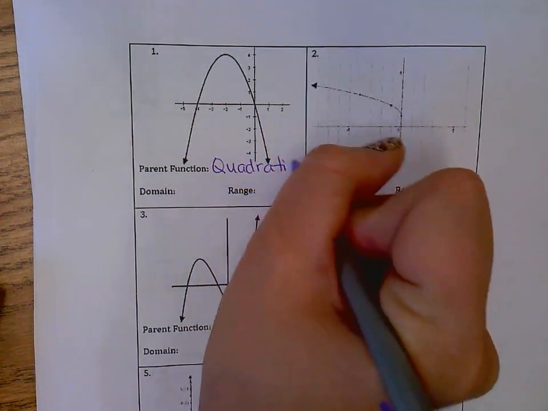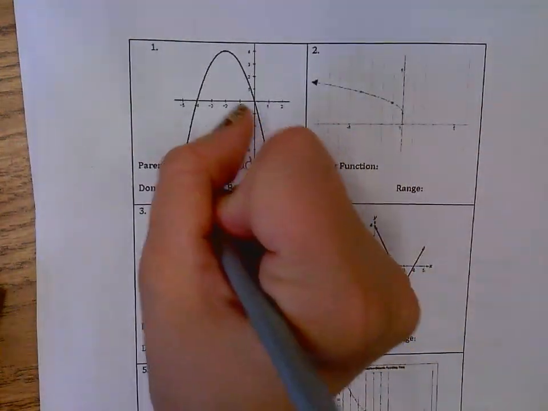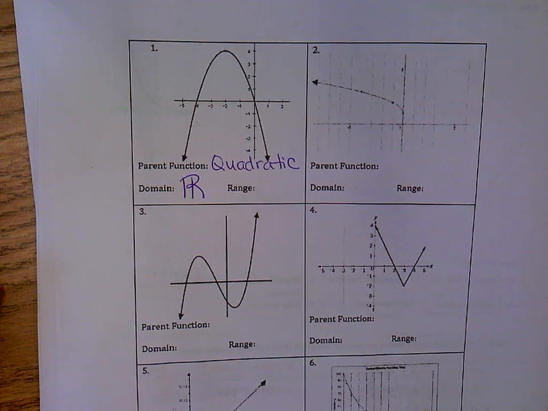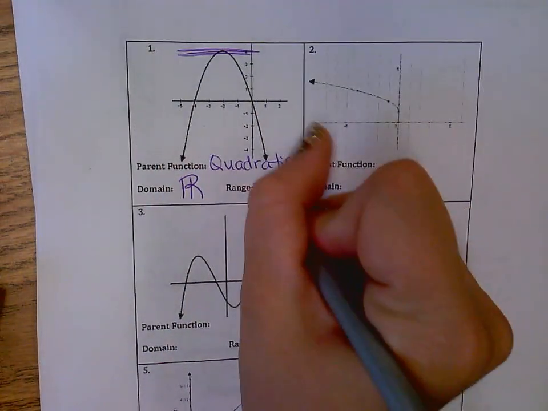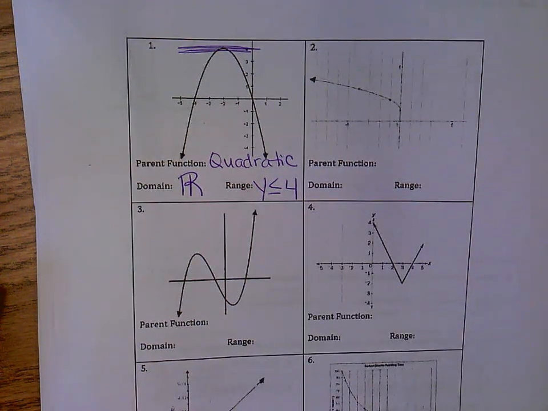You're naming the functions, but then you have to say their new domain and range. My domain is still all real numbers for this quadratic, right? I can still go side to side forever, but my range has changed because now I've flipped my quadratic upside down. What's the highest I could go on this quadratic? 4. So all my y values are less than or equal to 4. You see if you can name the function and do the new domain and range. And I'll give you a few minutes to